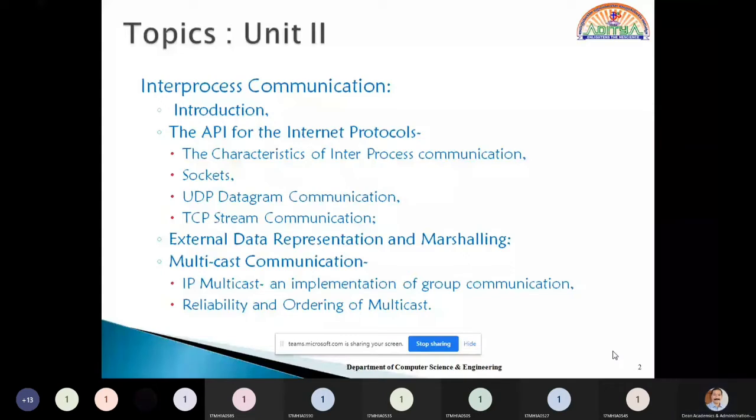So, while studying your concepts of networks or network security and cryptography, we have a basic knowledge of TCP, UDP, and multicasting. So we'll extend this concept for distributed systems. That's what we are going to discuss as a part of this particular unit. So let us start with the initial